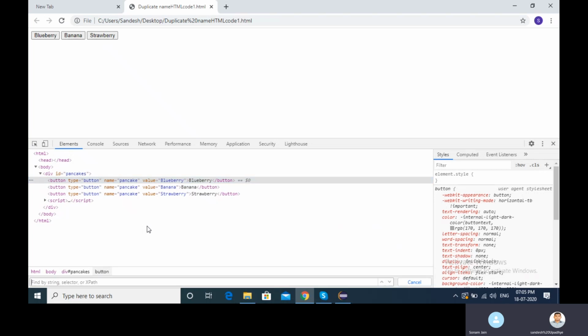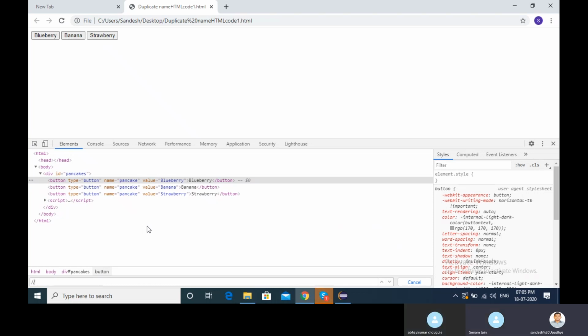What I told you in that case is, don't go with the ID, don't go with the name, go with the XPath. XPath is the best way to identify the unique value. Our ultimate goal is to find out the unique value. We want a unique value, right?